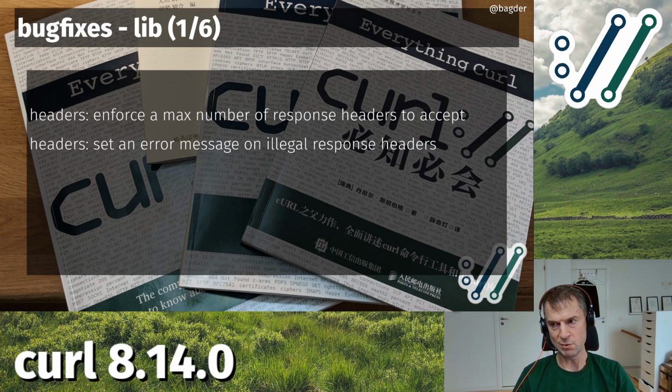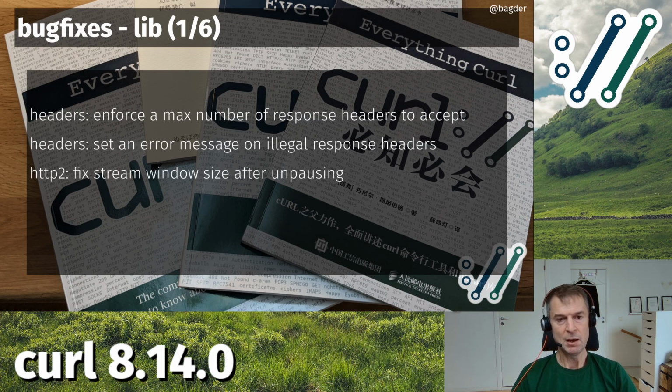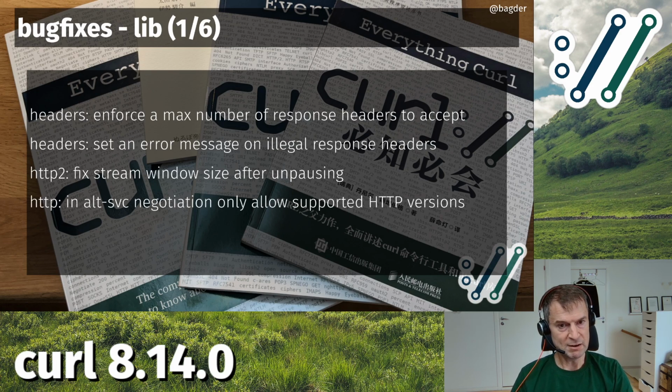Well, it was only just a weird server or a broken server, or even in some cases you would connect to something that wasn't even HTTP, and now it's slightly more helpful. We fixed pausing transfers, which is a magic art. It's one of these areas of functionality that keeps haunting us, and we keep having to tweak and improve things, and we did it again now. So when you pause and unpause streams, in particular when you have multiple streams and transfers going on at the same time, and you pause one of them, we made it a little bit better this time.